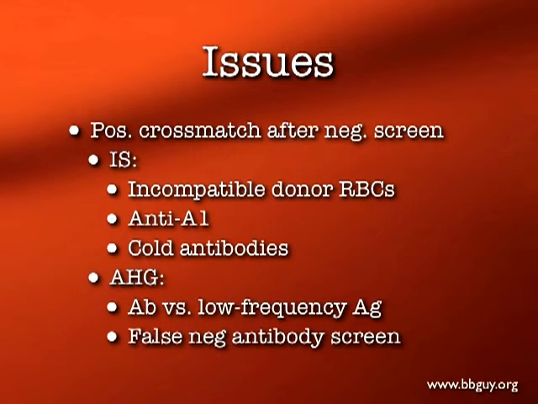This is what immediate spin crossmatch is designed to do. If you have an issue with how you typed the donor, with how the recipient was typed, if there's some incompatibility, it should come up positive on this test. So investigate that. Cold antibodies like anti-A1 can show up in immediate spin, or anti-M, for example, can also do the same thing. If it's positive at the AHG phase, or the Coombs phase, as it's also called, the most common reason for that is an antibody against a low-frequency antigen. You can also have issues with the testing that you've done, but that's the main thing that you should think about. Your handout goes into a little bit more detail on positive crossmatch after positive screen,